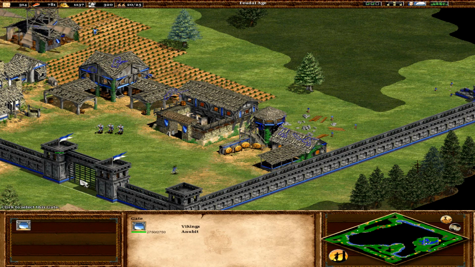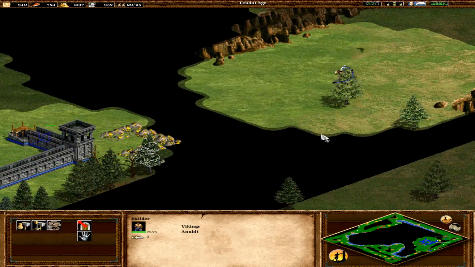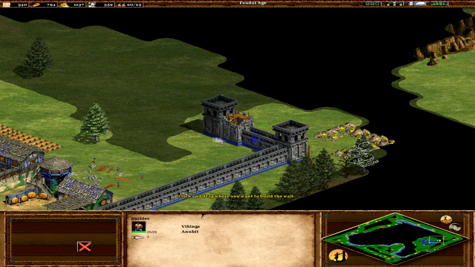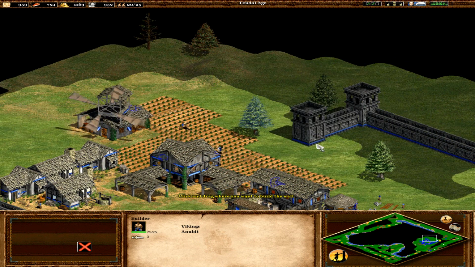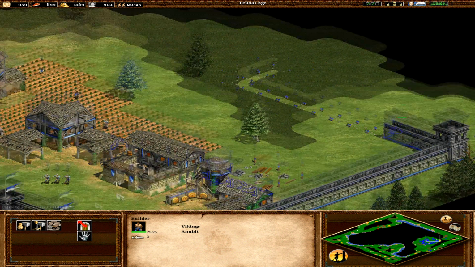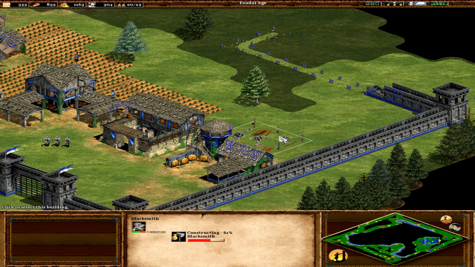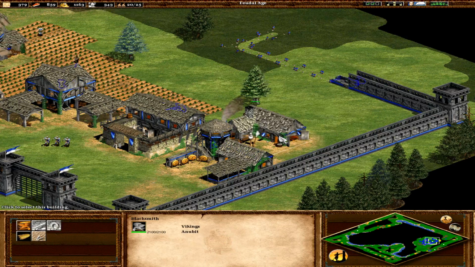Then I made a blacksmith, and the blacksmith is actually a quite useful building. You use the blacksmith to upgrade your units in general. You can upgrade their armor, which means they can stand more damage, and you can upgrade their weapons, so they can do more damage. It's a very useful building, as I mentioned just before, and it's not necessary to have,